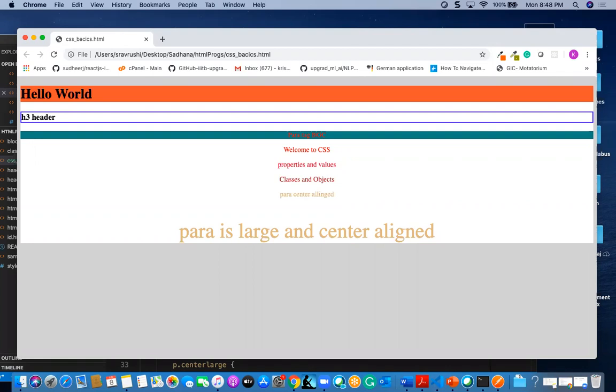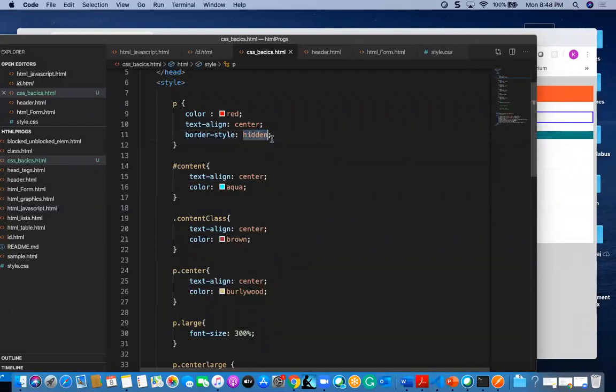Also you can give four kinds of different styles here. Not only one, you can mention more than two kinds of style. So let us see here: dotted, then solid, then dashed, and then double.